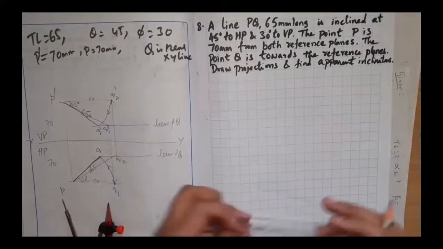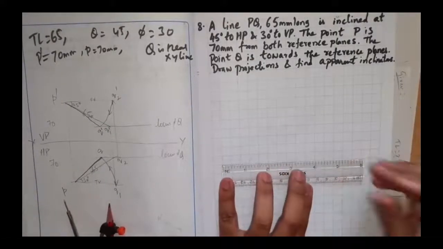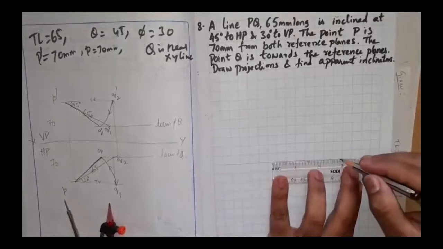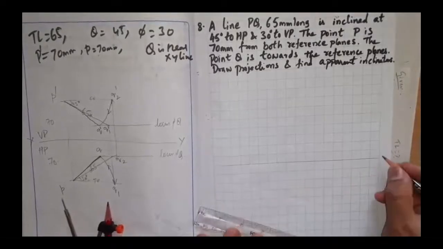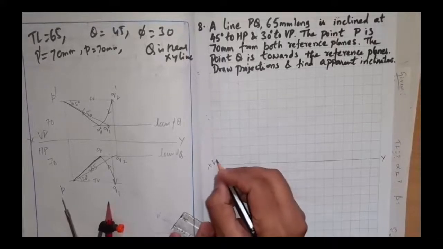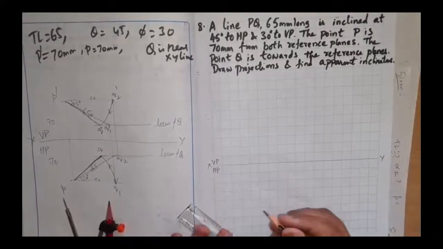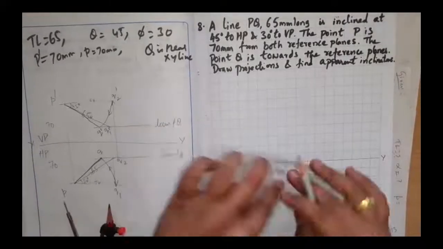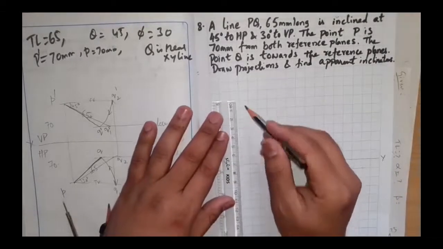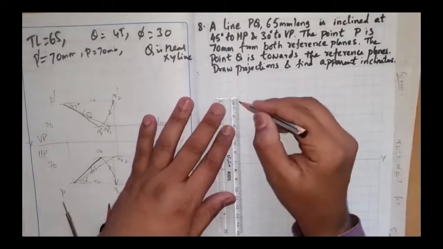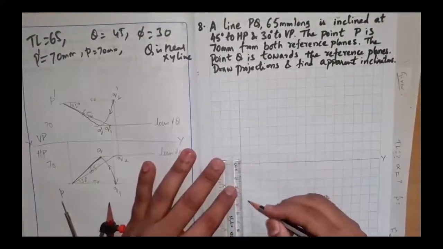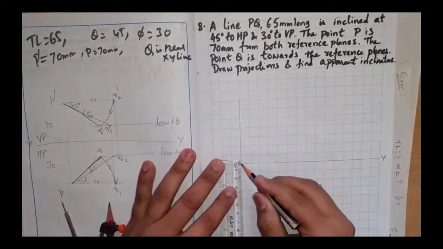So what I'm supposed to do is, I'll draw the XY line. I'll represent the first given, this is the repetition. Please listen carefully if you have not understood. VP HP 70 mm, 7 boxes. I'm going to mark it here. 1, 2, 3, 4, 5, 6, 7, 7 boxes. I'm going to mark it somewhere here. And here also 7 boxes, or 70 mm using the scale.